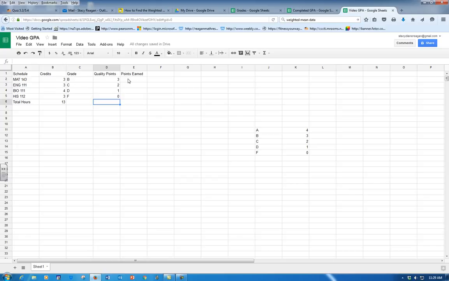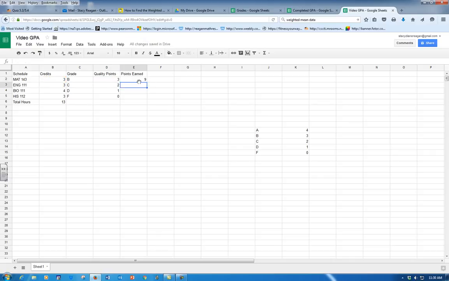So for my points that I have earned, if I go over here and I type equals, and I pull my credits which are in B2 times my points which are in D2, and I hit enter, it tells me that I have earned 9 points